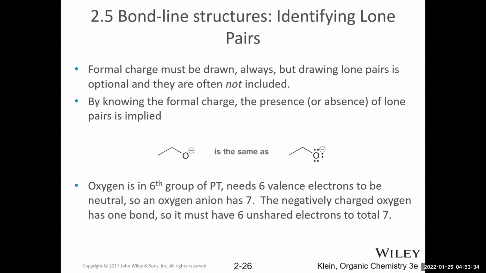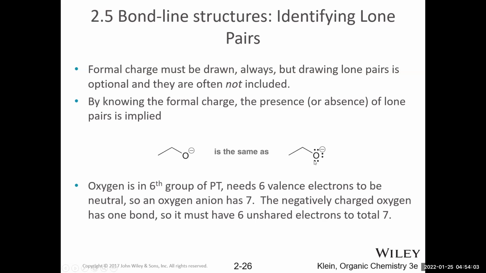Okay, so it is very important that we draw in formal charge, because this formal charge means that there should be 7 assigned electrons, right? Because how do you get a -1 formal charge? Well, it has to be a calculation of 6 minus 7 equals -1. So in order to have 7 assigned electrons, we only have 1 for the bond, so we need 3 lone pairs for a total of 6 plus 1 is 7, right? So we can draw in the extra lone pairs.